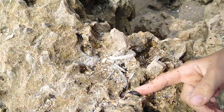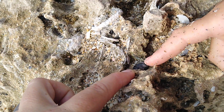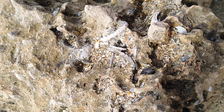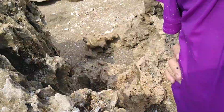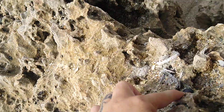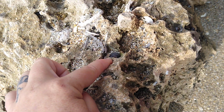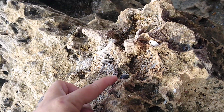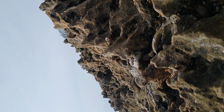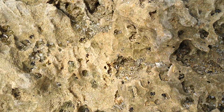Ooh, now this one, do you see how it's black? It's really little. This is called a mussel, not M-U-S-C-L-E-S, like your muscles in your arm. Show me your muscles, Lily. Not like that kind of muscle. It's a mussel, M-U-S-S-E-L, which is very much like a clam. That's a very small one. I see another one right here. So we have mussels that are starting to grow. Awesome. The other thing we saw is...